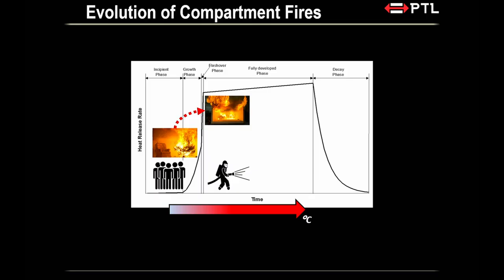So beyond the flashover phase, you enter the fully developed phase. This is where you see large flames shooting out of your compartment. The whole reason is there's not enough oxygen anymore inside the compartment for the fire. And you have a lot of unburned fuel, which is leaving your compartment, and it meets fresh air outside. So they burn all outside of your compartment.